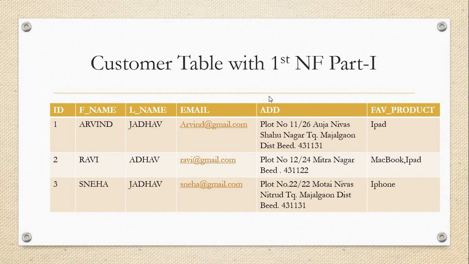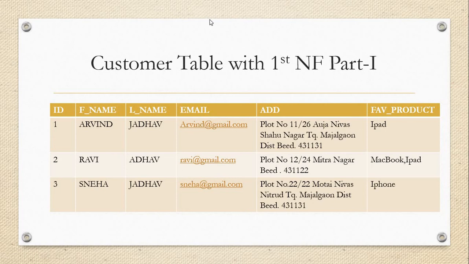Can I say that this is a single value? For example, I want to update my house number, or my pin number. Will we get inconsistency? Can I update my pin number? Can I update my city? Can I update my house number? No. If you want to update, then we need to rewrite this whole address. So there is a chance of data inconsistency.